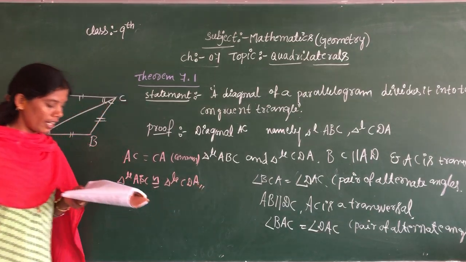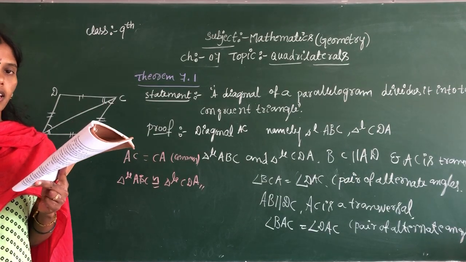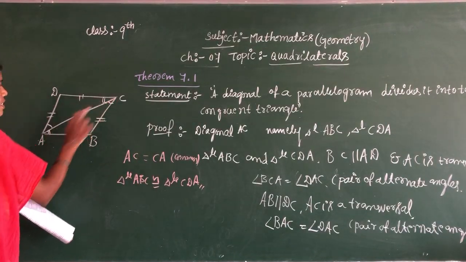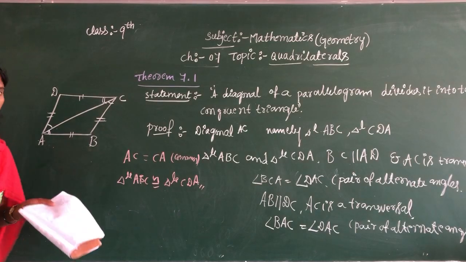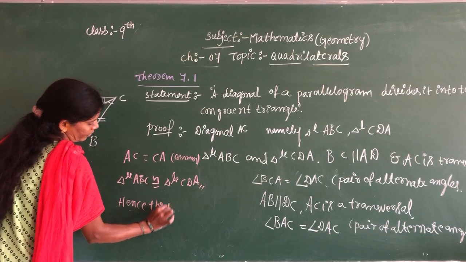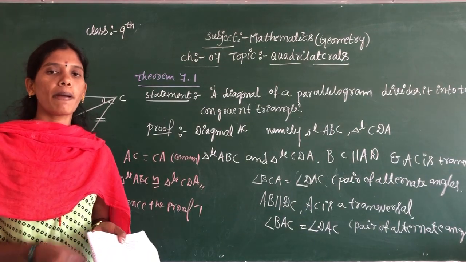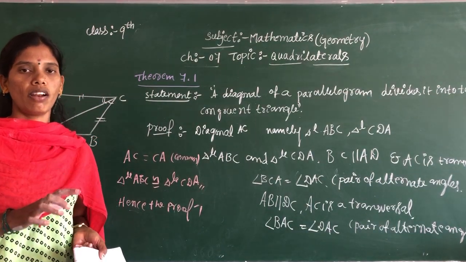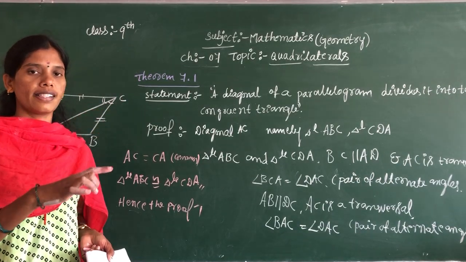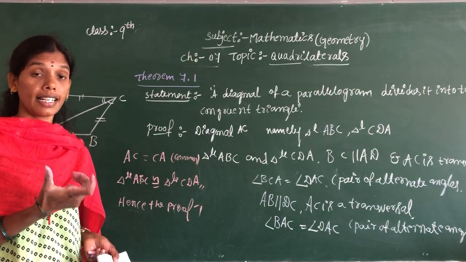Okay, so in measure that opposite sides of parallelogram ABCD, what do you observe? Opposite sides are equal. AB is equal to DC and AD is equal to BC. Here's the proof. Why? Because children, you should take any parallelogram, so pairs of opposite sides are equal in a parallelogram. We should cut one diagonal, so cutting one diagonal means having two triangles.